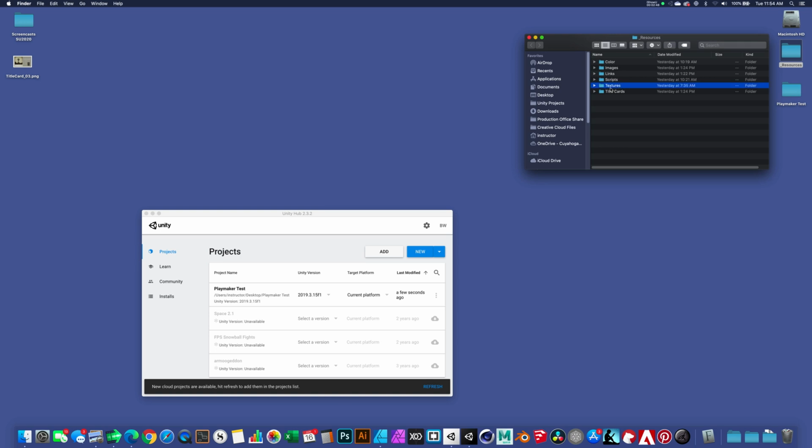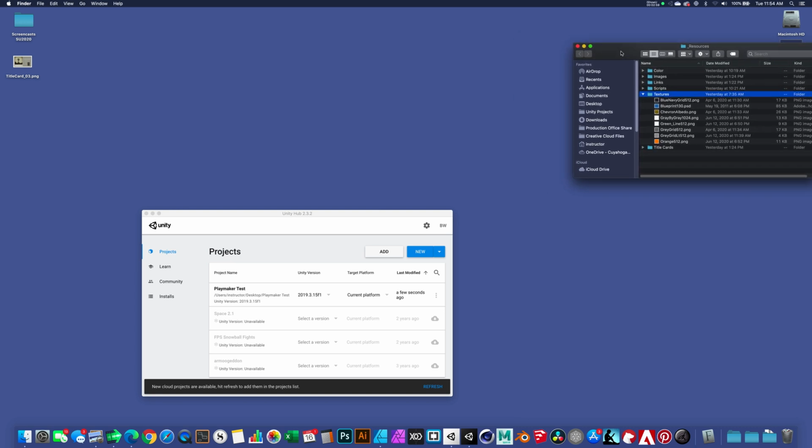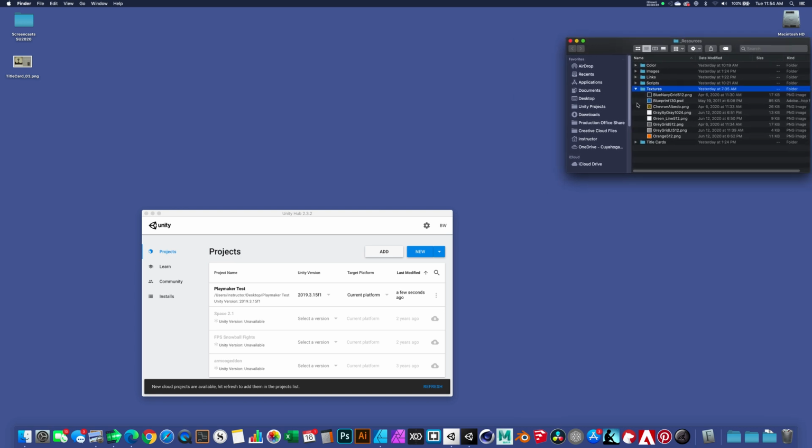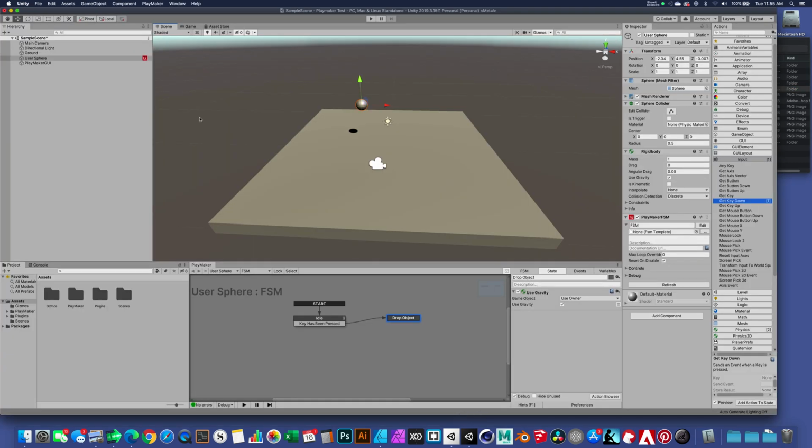Now, I'll talk to you a little bit about organization later, but for now, I'm going to import this textures folder. And I want to stress that this textures folder contains a bunch of PNG and maybe some JPEGs, a PSD file as well. And Unity can interpret all of this content and utilize it, everything that's in this folder. So I don't have any concerns about dragging this folder into Unity and trying to use all of it. Now, the easiest way that I'll be able to do this, rather than importing individual assets from Unity, which I could do if I go to Unity and I say